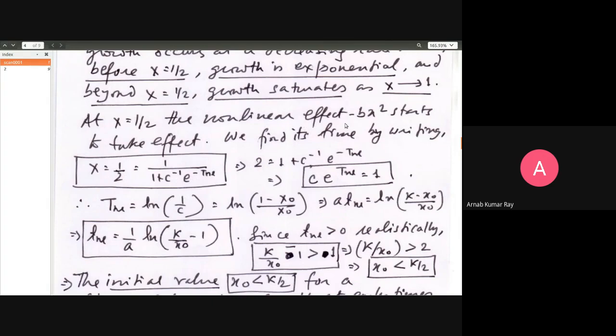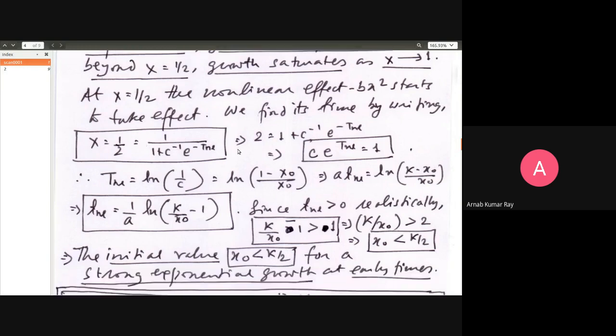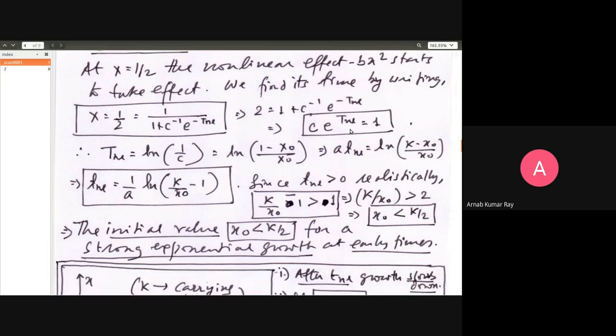What do I mean by nonlinear? Because this is a time scale whereby the nonlinear effect of minus bx squared starts showing its significance. So this equation can be solved by taking an inverse. I invert this: 2 is equal to 1 plus c raised to minus 1 e raised to minus t nonlinear. The 1 I can take to the left-hand side, it will be 1 is equal to c raised to minus 1 e raised to minus t nonlinear. So invert that again. So c into e raised to t nonlinear is equal to 1,